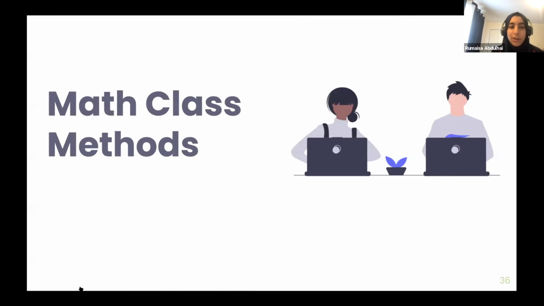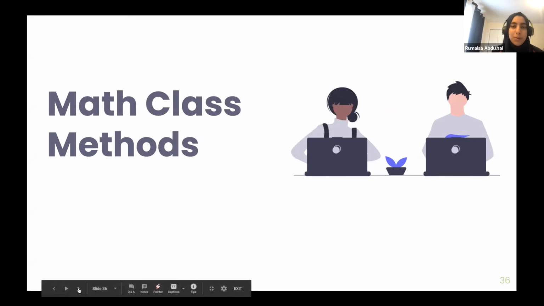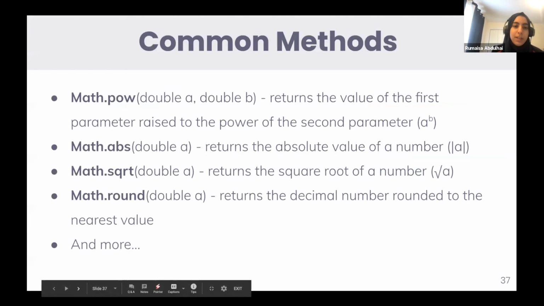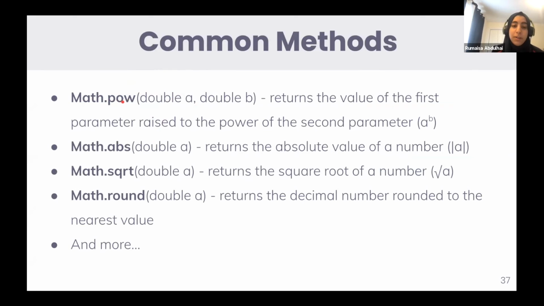So now we're going to go into Math class methods, and this is one of the most useful classes that we use in Java. So these are some common methods. So Math.pow stands for power. So in math, you have done 2 to the power 3, right? Where 2 is the base and then 3 is the exponent. I'm not sure if I'm saying that correctly, but